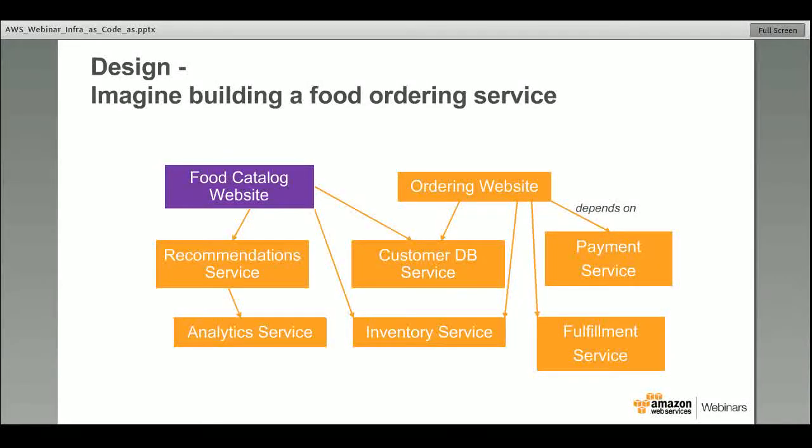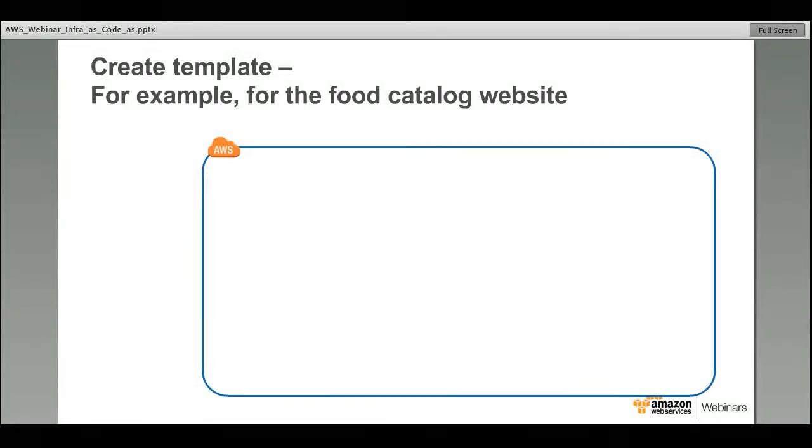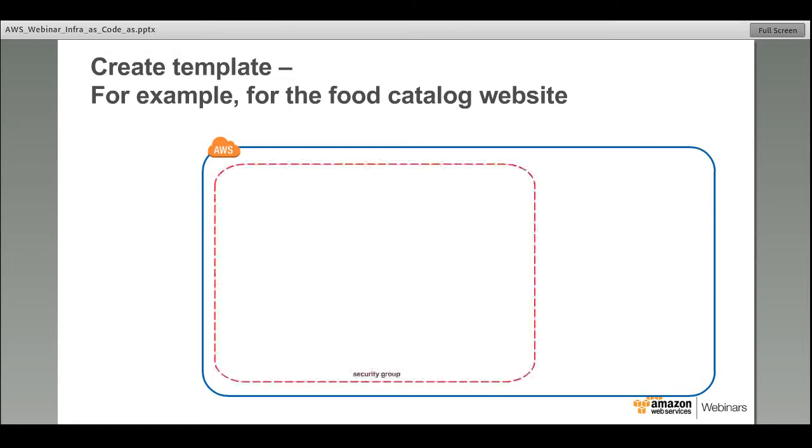And we'll dive a little deeper into one of these as an example. So let's take the food catalog service as an example. If you want to build a template for the food catalog service, let's see what the food catalog service is going to have. Obviously, it needs to have some security parameter. Typically in AWS, you use a security group for that. You have an application, so obviously you need an EC2 instance to run the application. You want to be able to scale up and scale down based on the need, based on the traffic that you have at any given point.